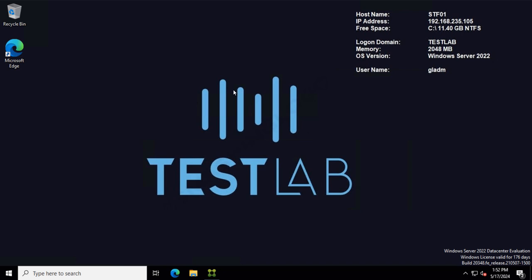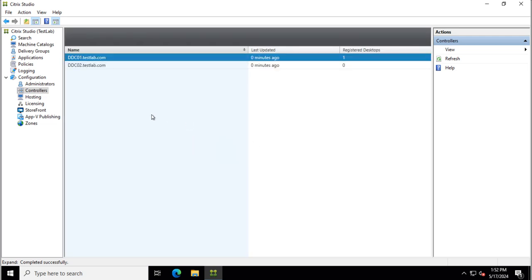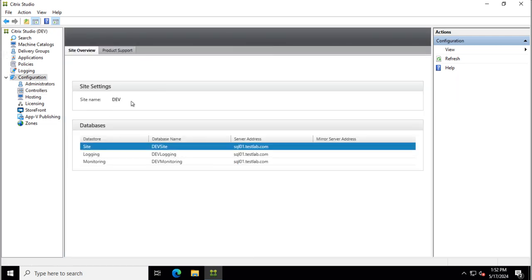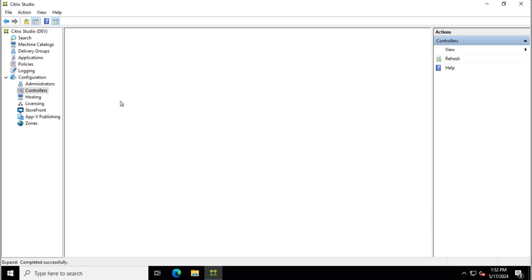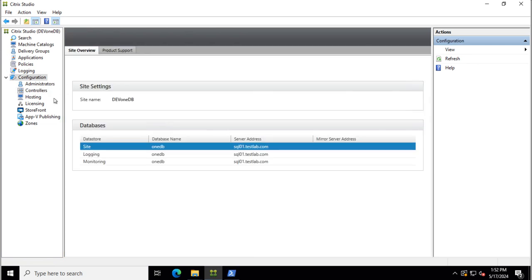So first let me show you the three sites. The first one is test lab, and it has two DDCs. The second one is dev, and it only has one DDC. And the third one, it's dev1db. I've named it like this because